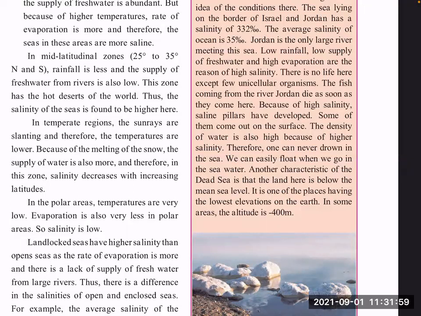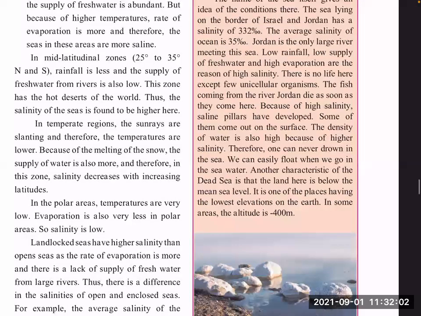Okay, now the salinity and temperature topic we have completed today. Tomorrow